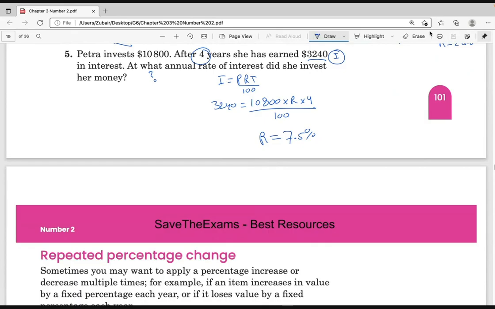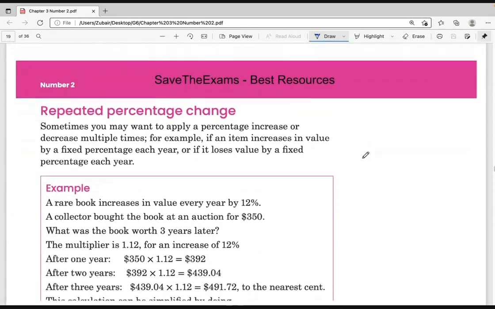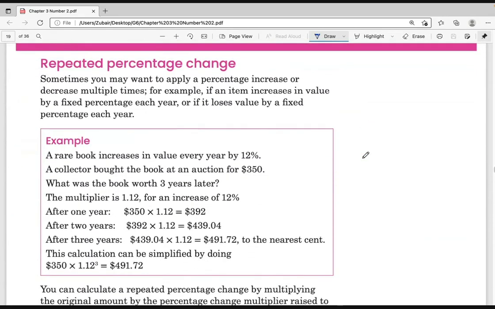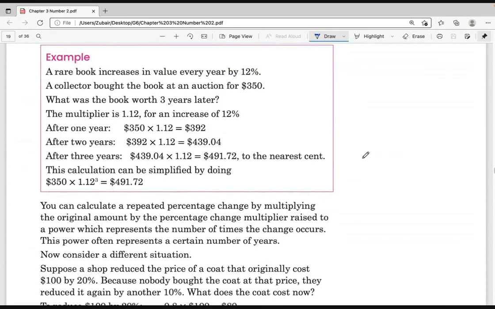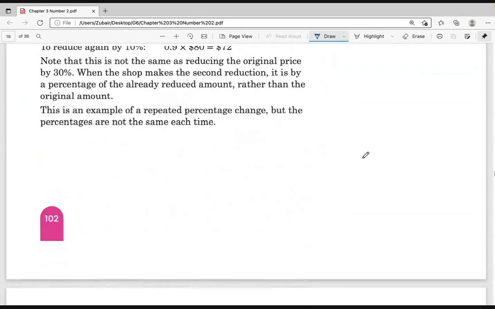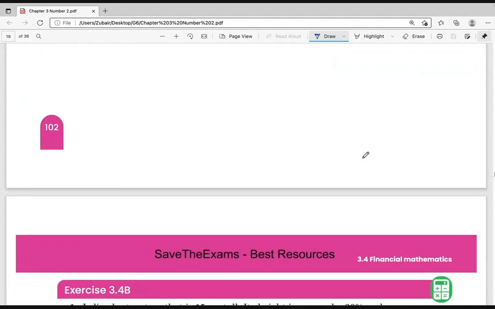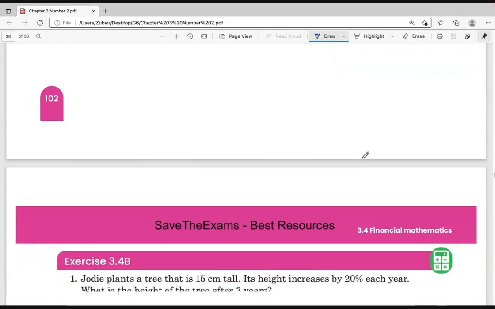Okay. A repeated percentage change. Sometimes you may want to apply a percentage increase or decrease multiple times. For example, if an item increases in value by a fixed percentage each year, or if it loses value by a fixed percentage each year. Now, this is slowly moving towards compound interest. So, basically, if we take an example,